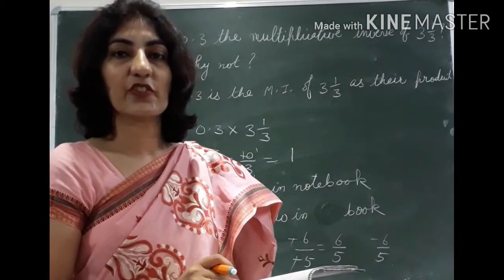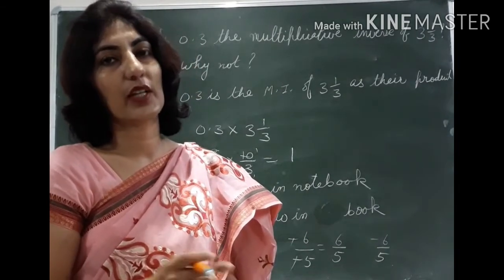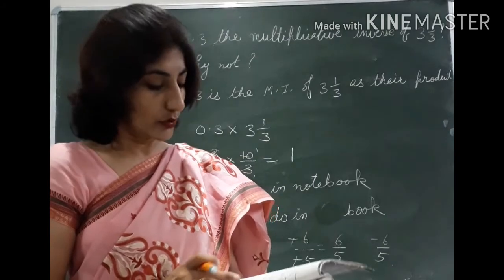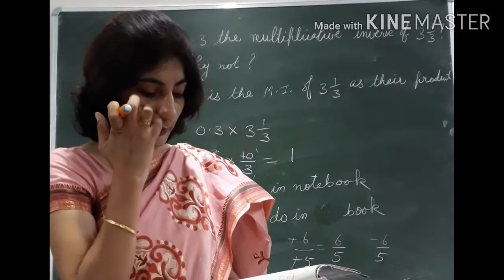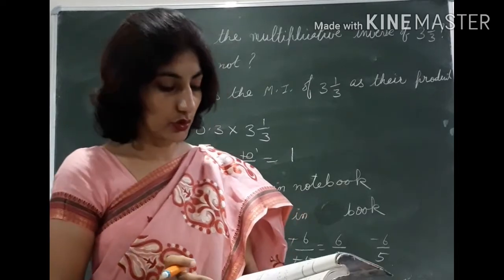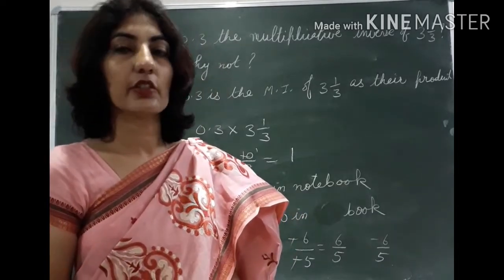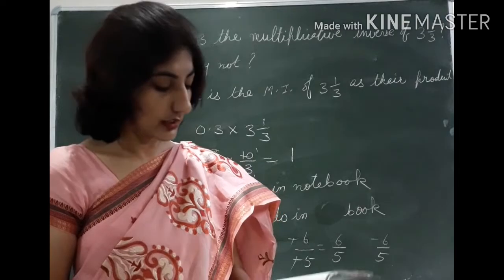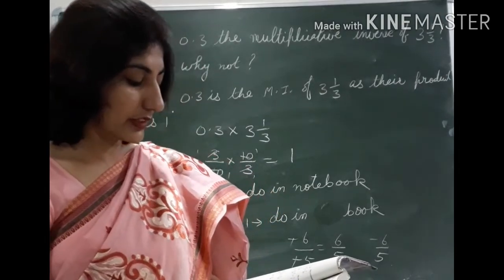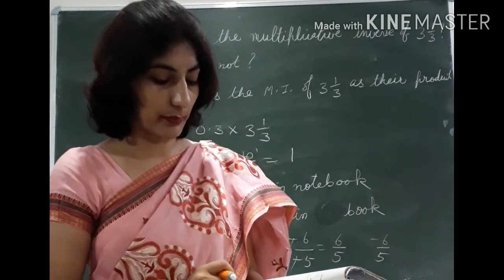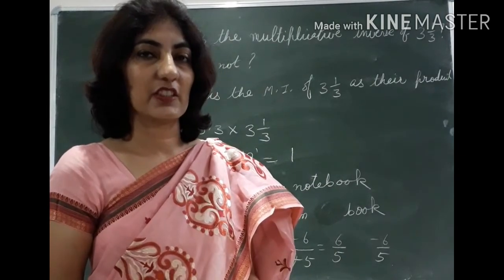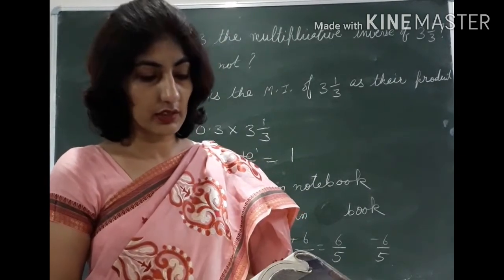Question number 4 is find the multiplicative inverse, means we have to find the reciprocal. So that also you can write in the book. Question number 5 is name the property under multiplication used in each of the following. So here you have to mention which properties are used. Question number 7 is, tell what property allows you to compute. Which property allows us to compute this? So it will be associative property. This also you can do in the book.